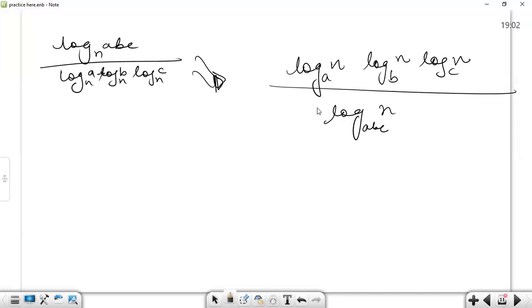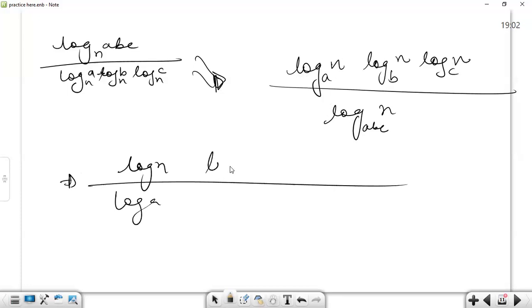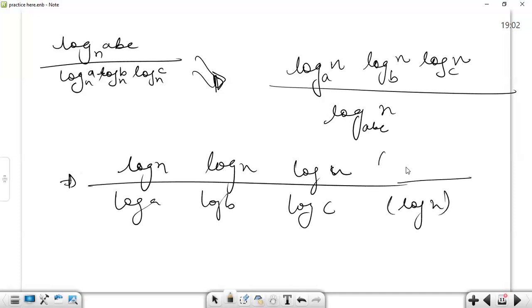Now let's separate the bases and others. So this will be logarithm of n divided by logarithm of a, logarithm of n divided by logarithm of b, logarithm of n divided by logarithm of c, and also this logarithm of n divided by logarithm of abc. So this logarithm of n will get cancelled by this, and